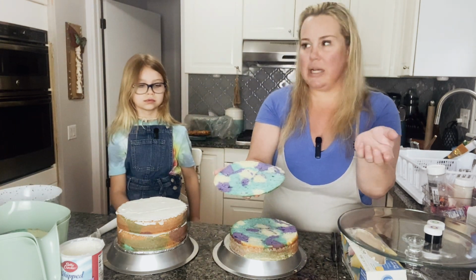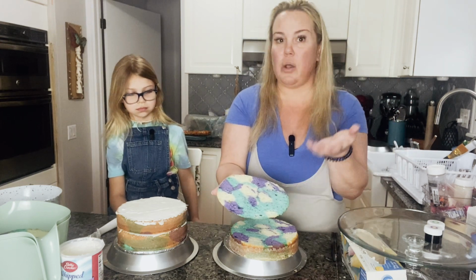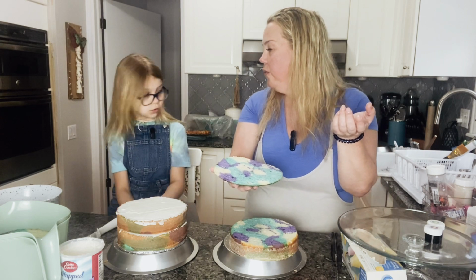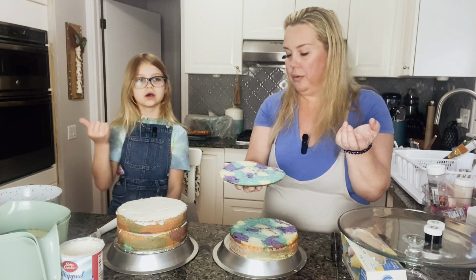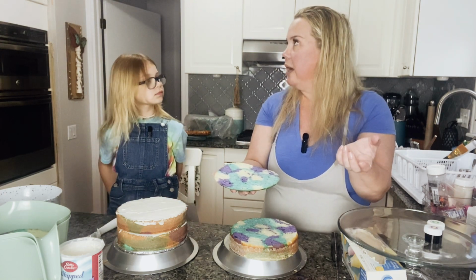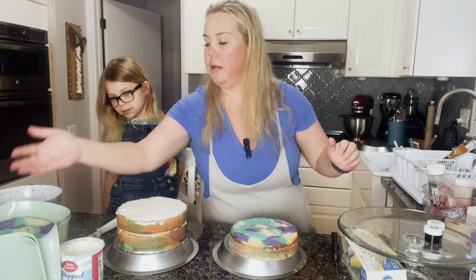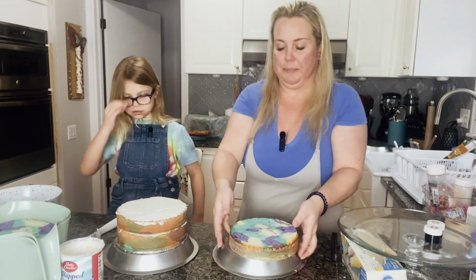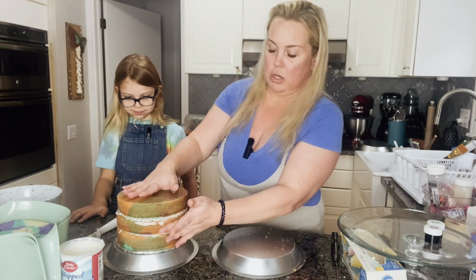So what we did is we used an ice cream scoop, and we had 3 bowls, one with just the yellow cake, one with the purple cake and the turquoise cake. And then we had ice cream scoops, and then we scooped them up, like a scoop of the teal, then a scoop of the yellow cake, purple. This looks pretty good. Yeah, it looks delicious. All right, so this is our last